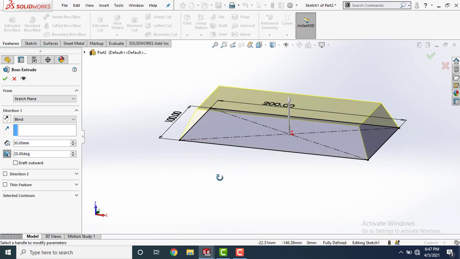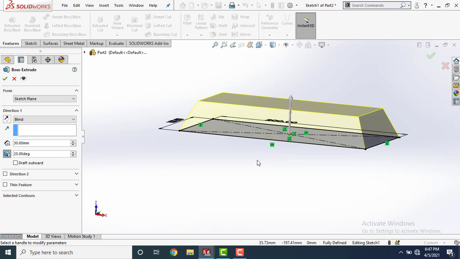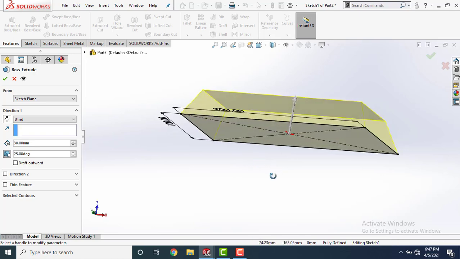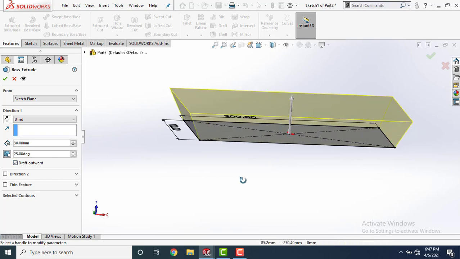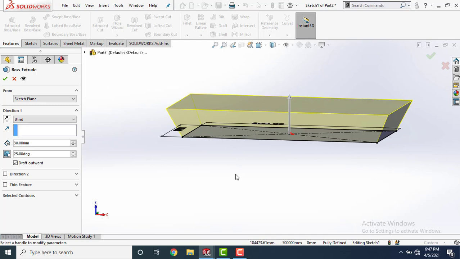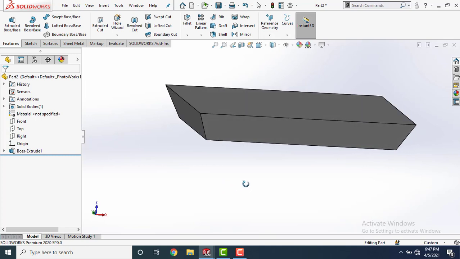Now it is drafted, but it is drafted inside. This is inward draft. If you want to make an outward draft, then just click on draft outward like this. Click OK. So this is how it works.